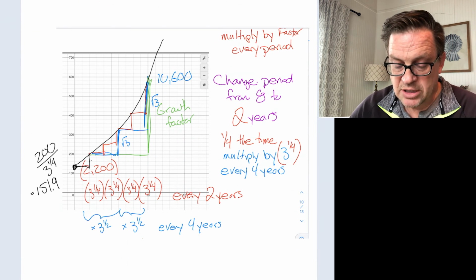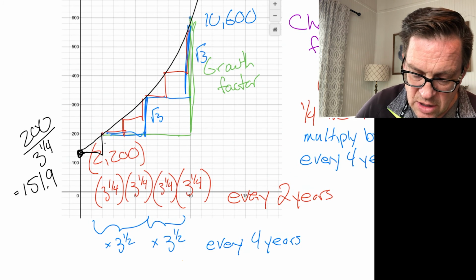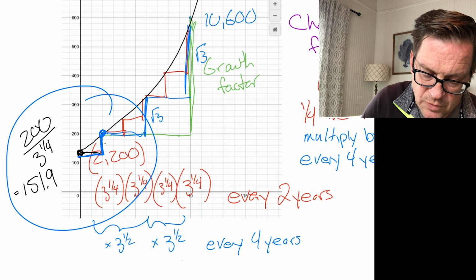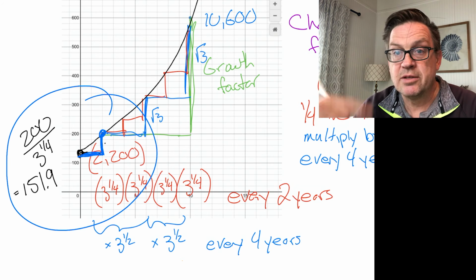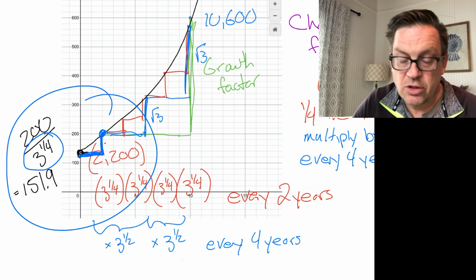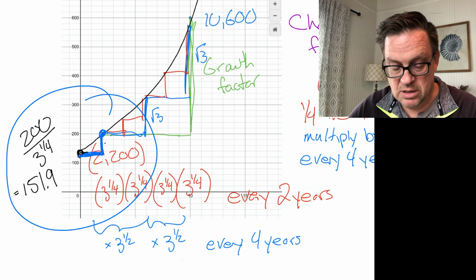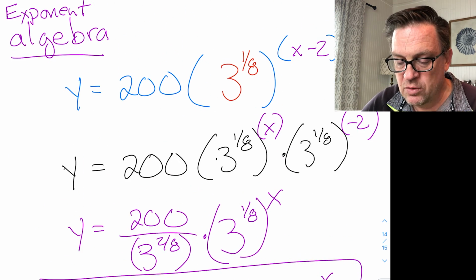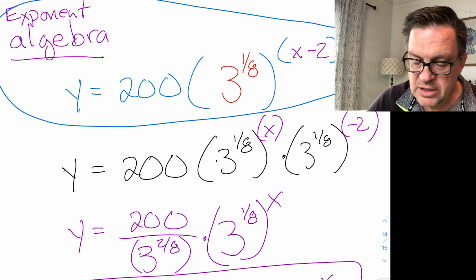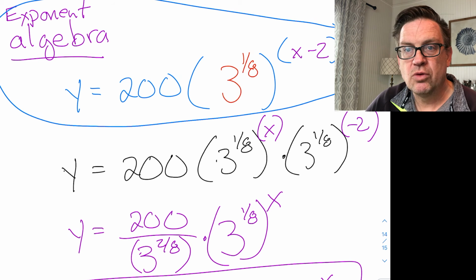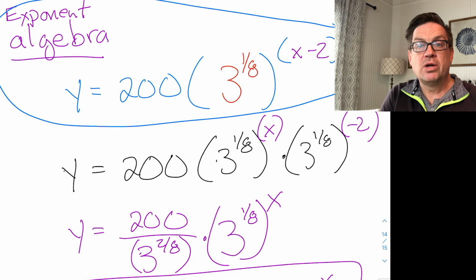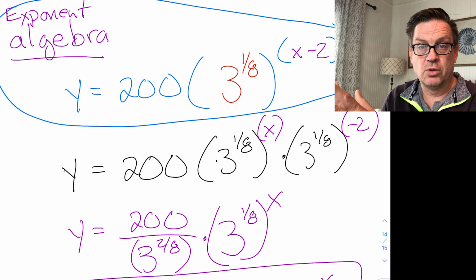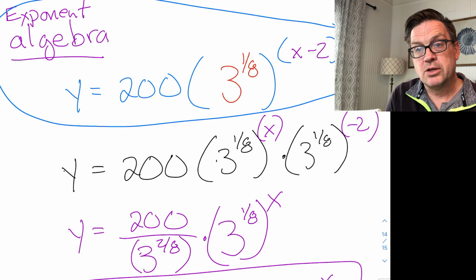And so on this last chart, you can see, if you zoom down in here at the bottom, from my beginning, I go backwards 2 years. So I divide by 3 to the 2/8 or 3 to the 1/4, which happens to end up with 151.9. So you can get a little formula for this sort of expression, and I can revise that. Even if I don't have a starting point, if I know a point like 2 years in the future, I have my value of 200. I can find out what my starting point is by doing this